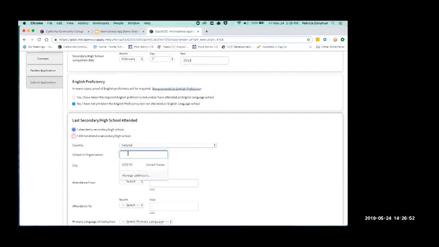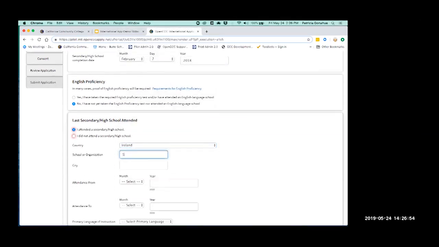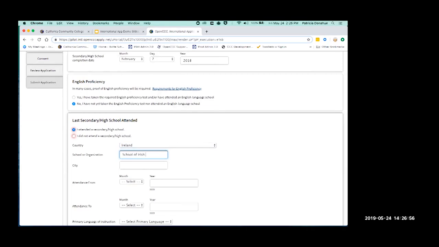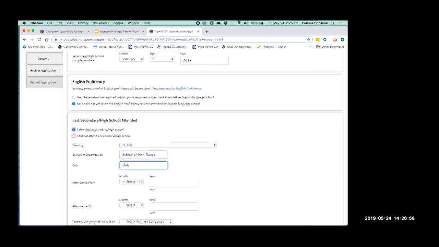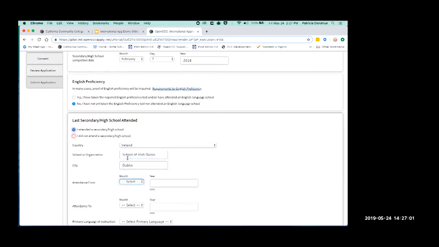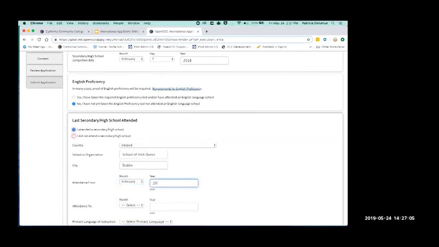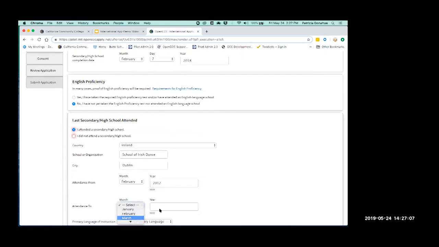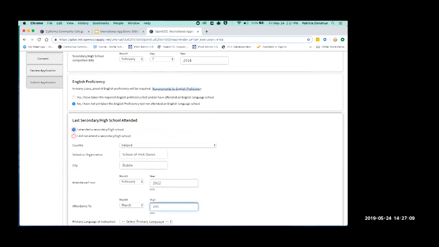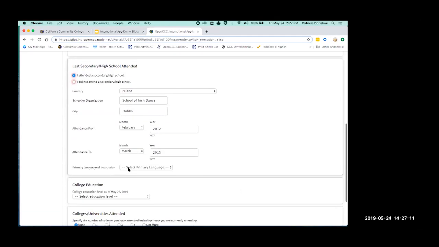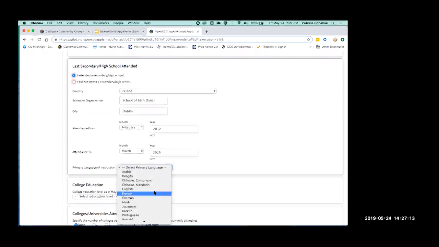It'll ask for the school and the city, dates of attendance, primary language of instruction,